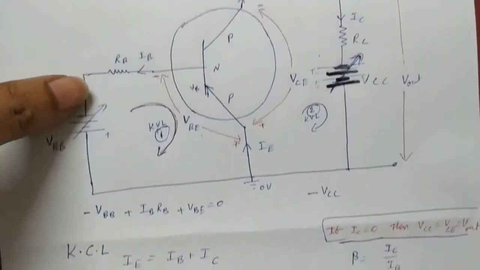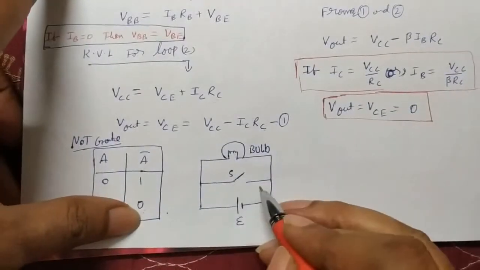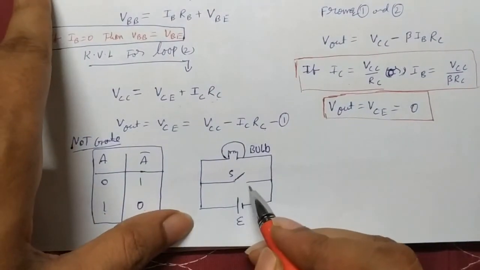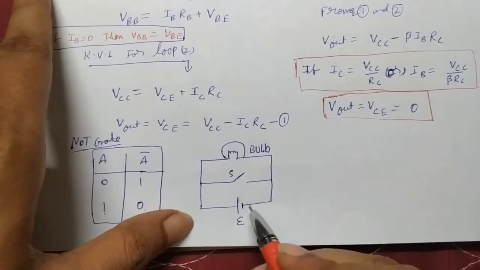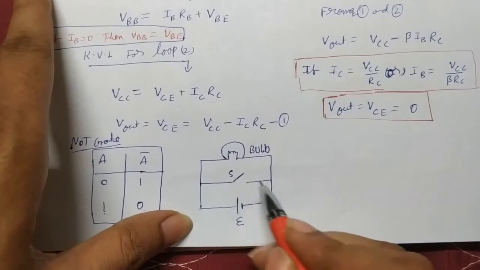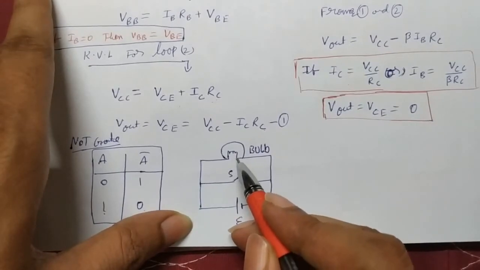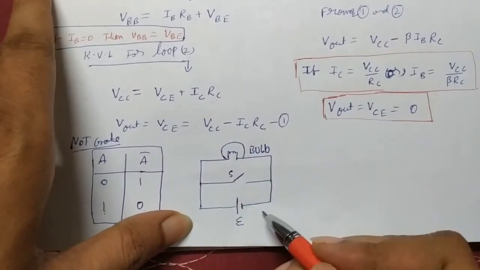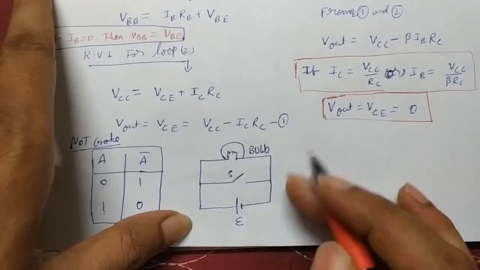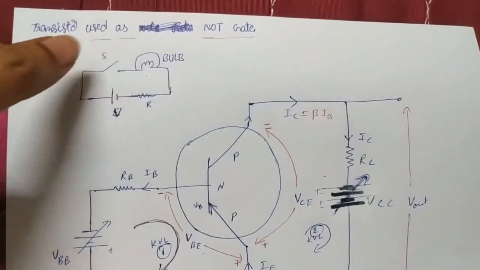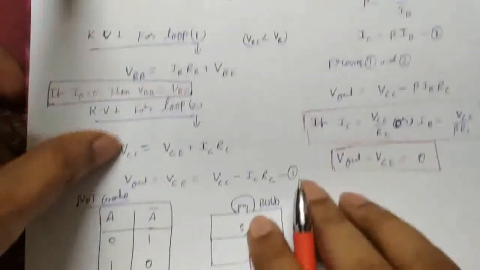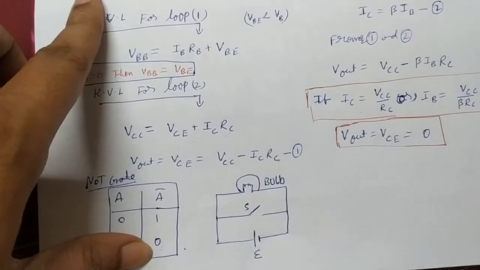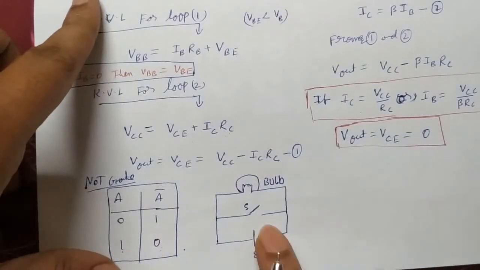And a NOT gate means exactly the reverse happens. When you close the switch, the bulb is not working. When you open the switch, the bulb works. How it works: you see, this is the battery. When you close the switch, this is an easy path because a direct wire is there. So almost all the current is flowing through this path only. It won't go through the bulb because the bulb has the highest resistance. When you open, there is another path, and definitely current has to flow through the bulb. Then it works. So in this case exactly the reverse is there. In the normal case, close means working, open means switched off. Here, close means the bulb is switched off, open means the bulb is on. Reverse, right? That's why they call this a NOT gate.